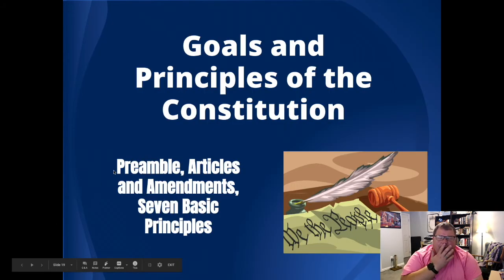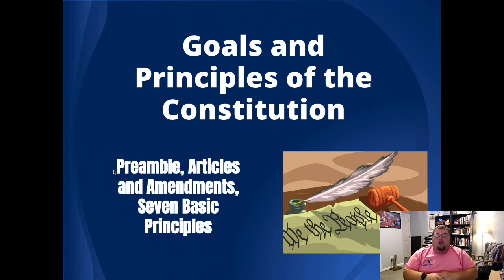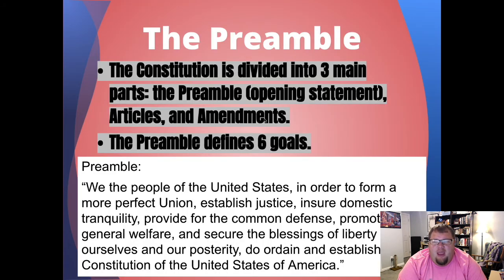And so to end this off, we're going to look at the goals and principles of the Constitution. We're going to look at the preamble first, and then the articles. Then we're going to talk about the amendments, and lastly finish up with the 7 basic principles of the Constitution. And so the first thing we're going to look at is the preamble. The preamble to the Constitution